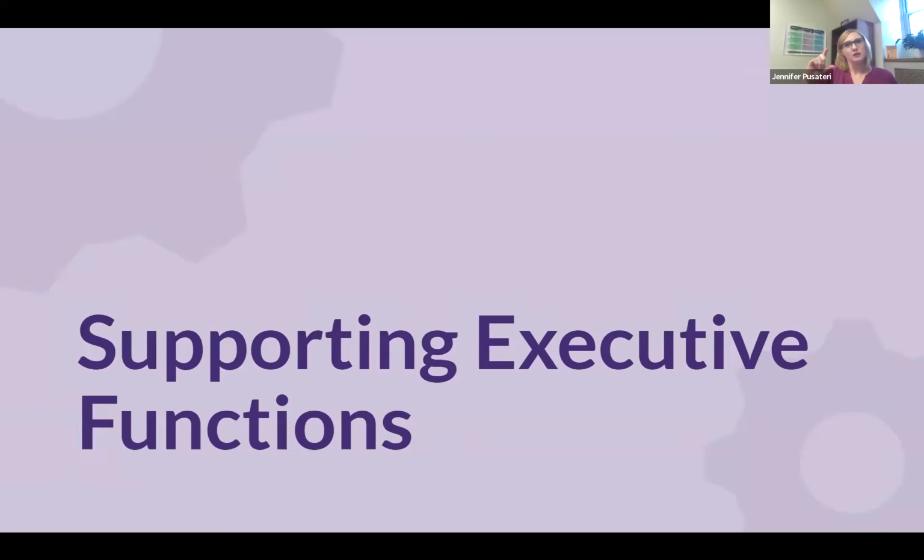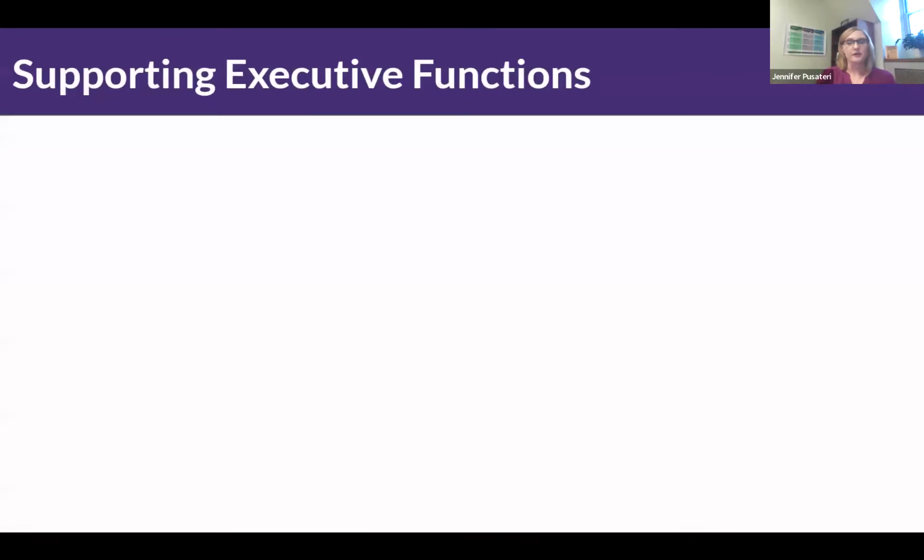So I'm first going to talk about supporting executive functions. And then after that, I'm going to come back and share some strategies for supporting students with autism, considering the fact that students with autism also need support with executive functions. And honestly, sometimes students with ADHD also need support with other things like social interactions. So these will all be helpful, I think. I'm going to go through these quickly all together, and then I'm going to give you some actual classroom examples and strategies for each of these.